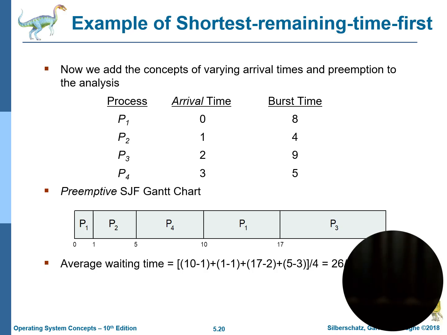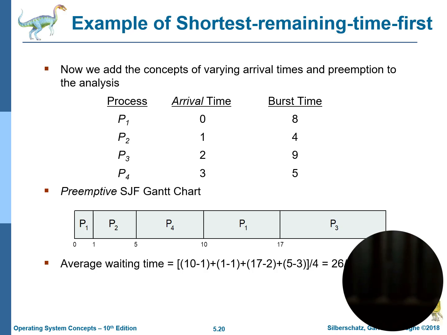When it executes for 1 second, P3 arrives. When P3 arrives, the comparison is done again, and it shows that P2 is going to continue running because it's left with 3 seconds. Right? When P4 arrives, look at what is happening. P4 is arriving at 3 seconds, when P2 is already left with 1 second. So it means P2 continues executing.